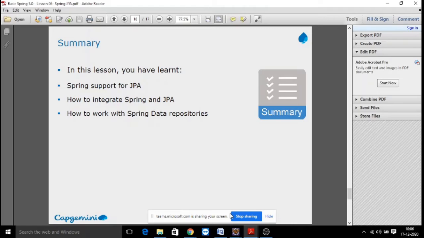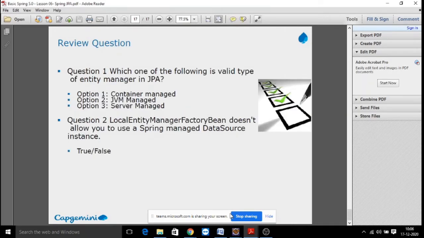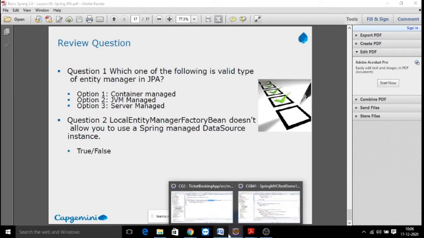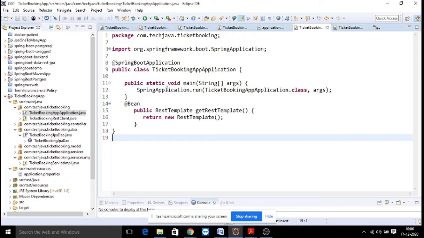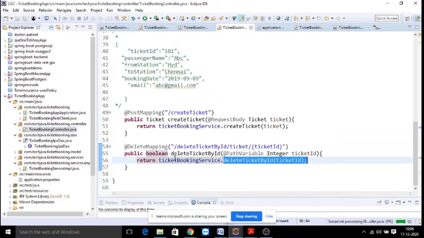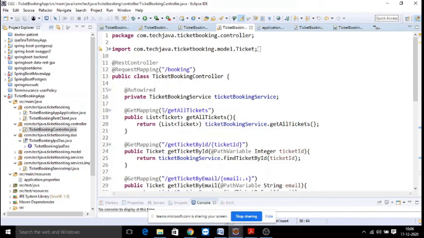That's all about Spring Data JPA. So we are already looking into one of the examples called ticket booking system. In the ticket booking system, we have a Spring Boot application, this is to start your application. Coming to the layers, first is a controller layer to perform all the operations,